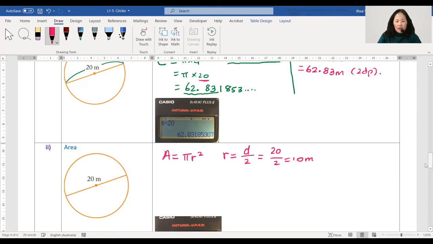So area equals pi times 10 squared. And put that in a calculator, you have to use that button that says x squared on the calculator. Have a look at that. And the answer is